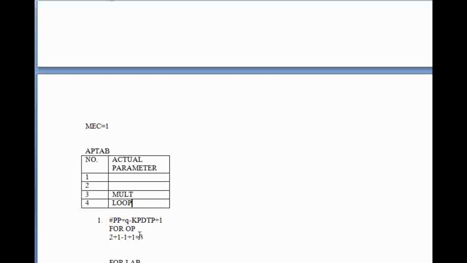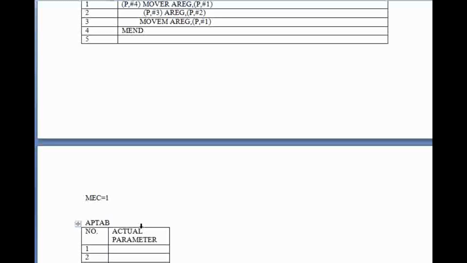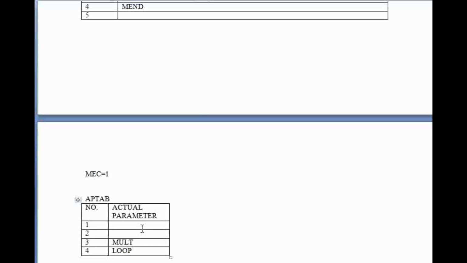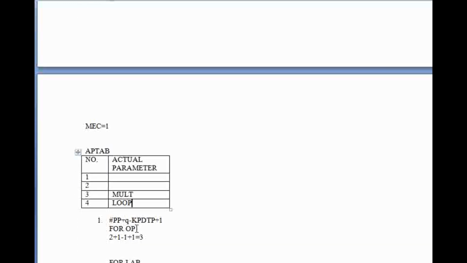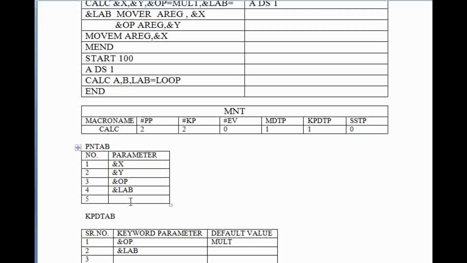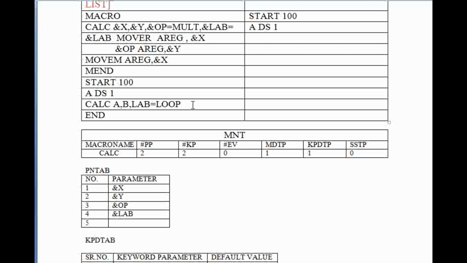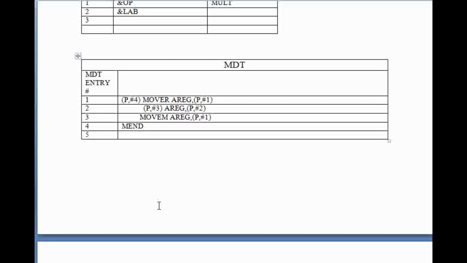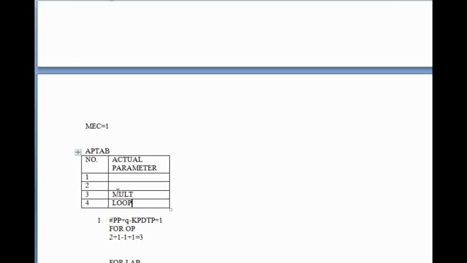That is, for our formal parameter op, the actual value would turn out to be add if our macro call contains another keyword parameter op equal to add. Now that is not the case in our program, so the default parameter value still remains the same over here.